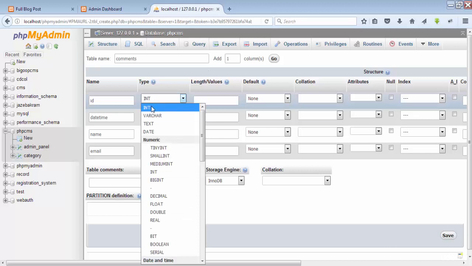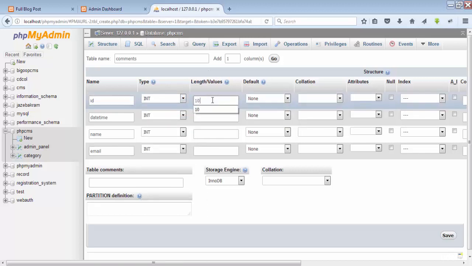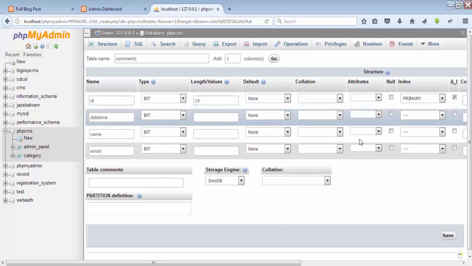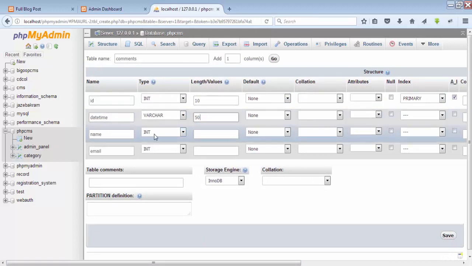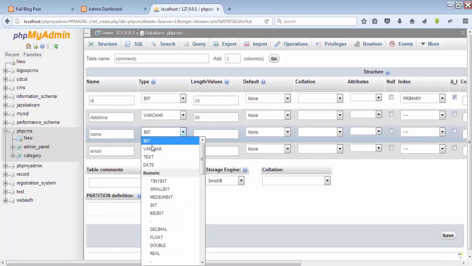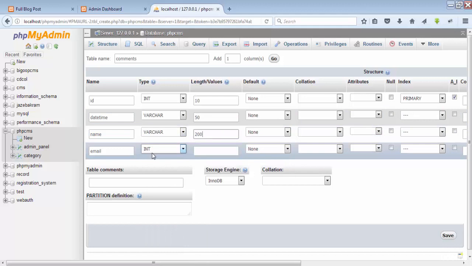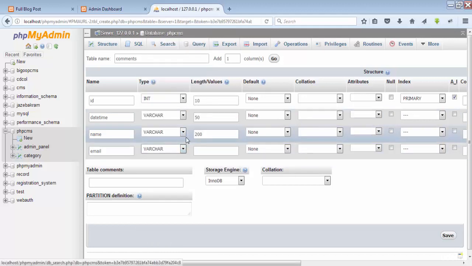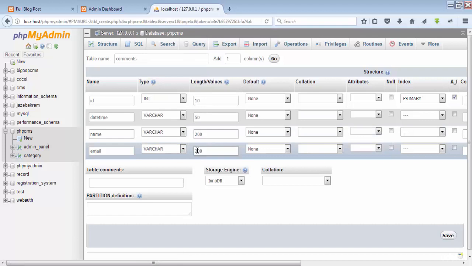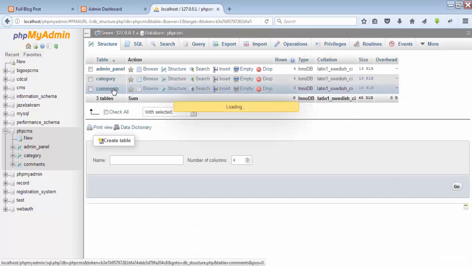The type of ID will be int, length will be 10. We also have to make it primary key and also auto incremented. Then for the date and time, I'm going to make it varchar, and let's make it 50, and the name field will be varchar as well, adding 200 for the name, and also varchar for email, adding 200 right here. Now saving the structure of this table, opening this table now,